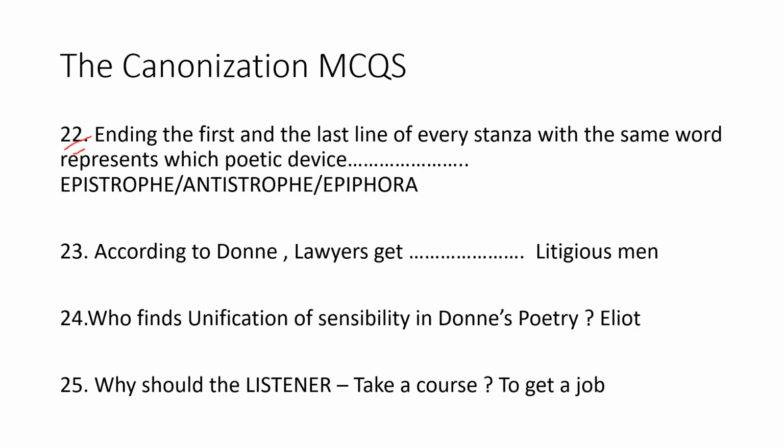Next question. Ending the first and the last line of every stanza with the same word represents which poetic device? Here in the poem The Canonization, the first line of every stanza ends with the word love and the last line of every stanza ends with the word love. So here we can see the figure of speech used